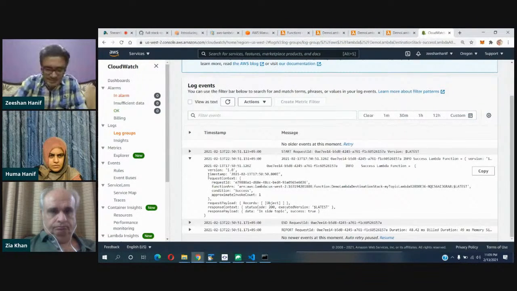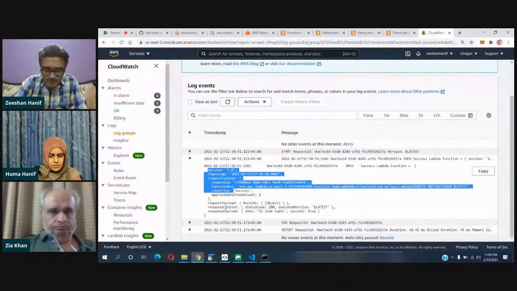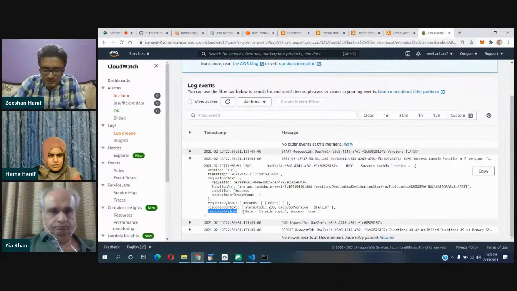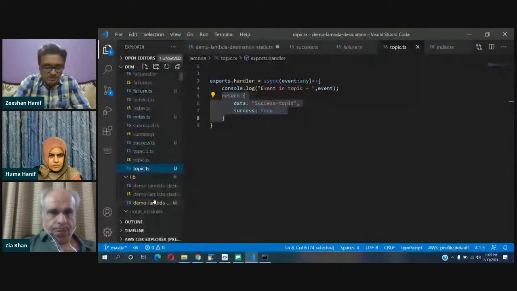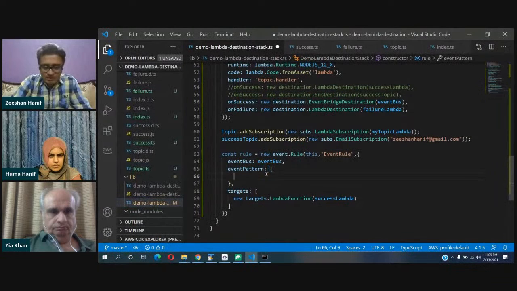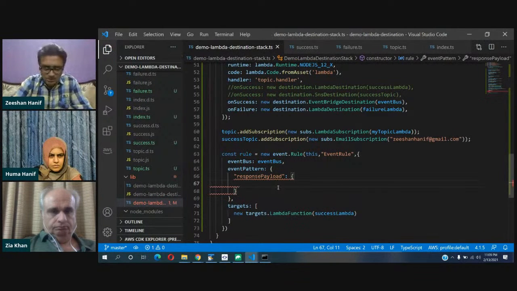So we will receive data like this. We have a response payload, and inside that response payload we have this property. So we need to specify it in the event pattern. We'll say that I'll receive a property response type, response payload, and inside that response payload, why is there an error,